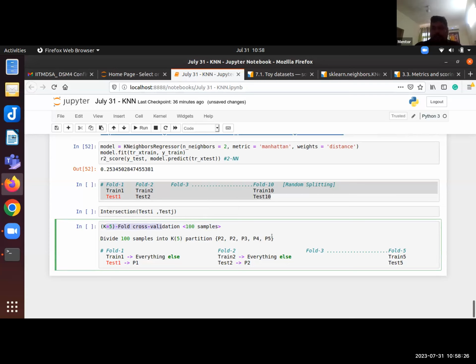So the first time that you do, use the first partition in testing and the remaining partitions in training. Okay. In the second time, use the second partition in testing and all other partitions go to training. The third time, the third partition goes to testing and everything else goes to training. So this ensures that there is no overlap in the test sets